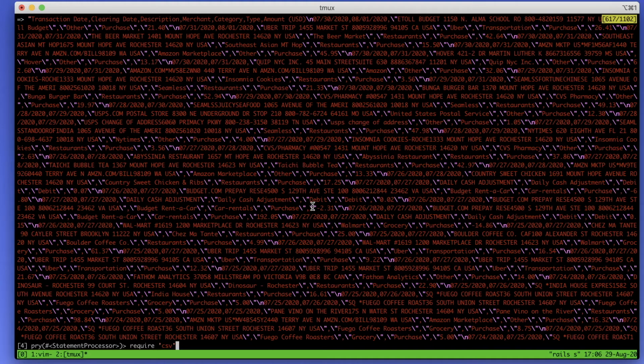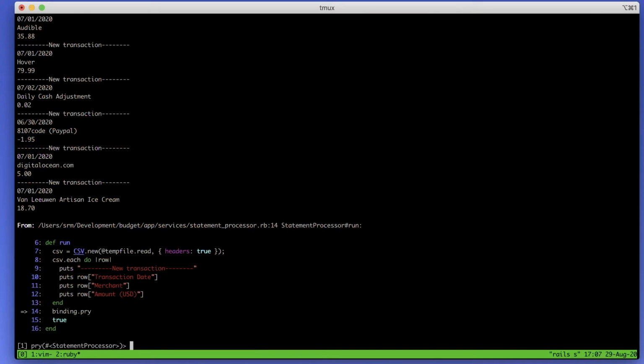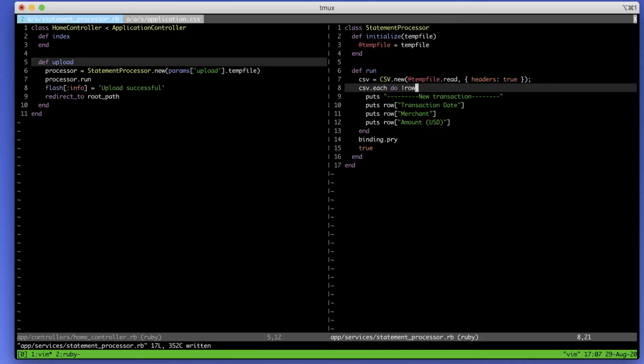This is a purchase. Daily cash adjustment. So here's a debit. That might be interesting. And actually, we might not even need to look at the other type, although it would be helpful. So instead of going through and looking at it that way,